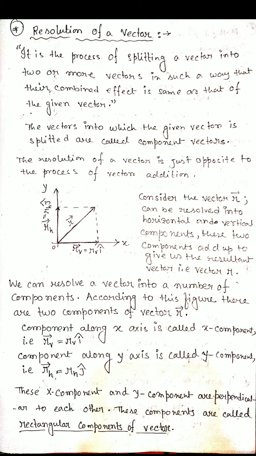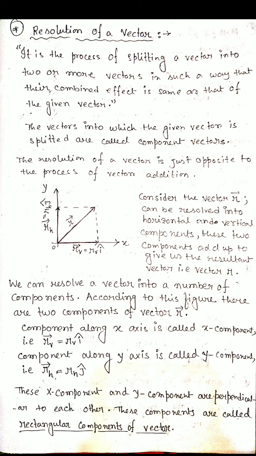Clear? But whatever components we choose, after adding those components we get the same vector. Suppose vector p is there; along the x-axis its component is px, and along the y-axis its component is py. After combining the two components, px plus py gives us the magnitude of the main vector. Here we are adding magnitudes, not vectors p plus q, so we cannot write 2pq or anything like that. The magnitudes of px and py added give the same magnitude of vector p.